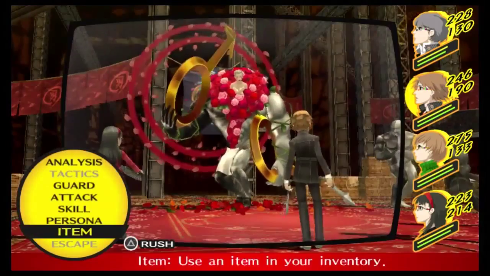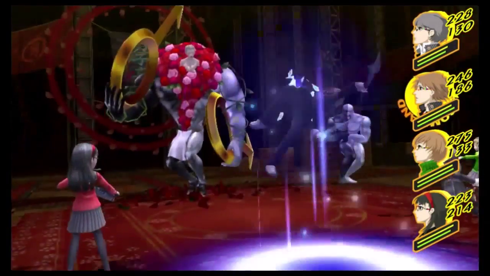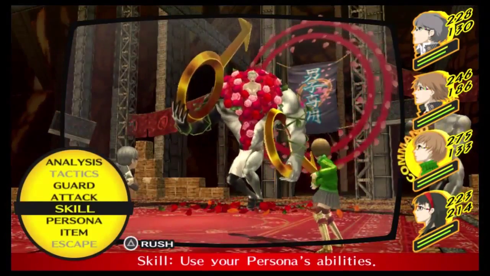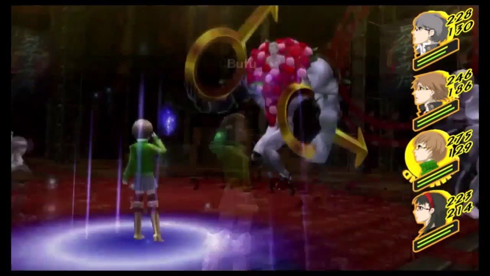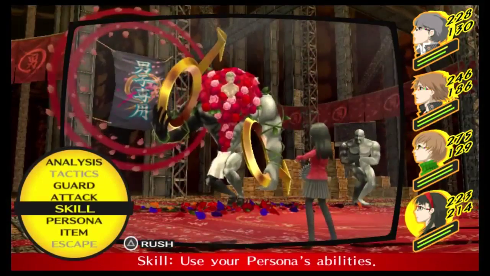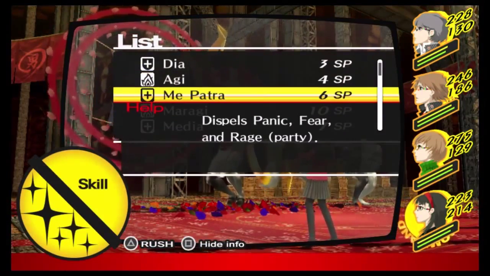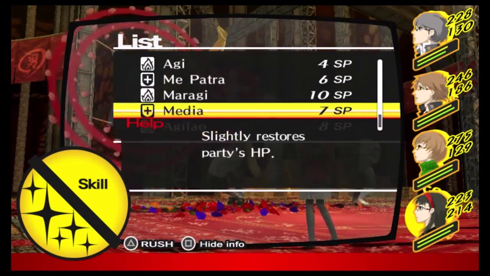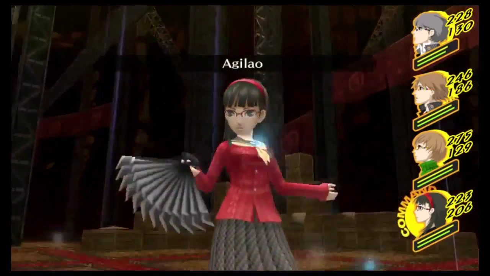So yeah, it's actually kind of a clever boss fight, because it gets your brain whirring and makes you think, okay, I've got to get those two out, but I've also got to cause damage to Shadow Kanji pretty much straight from the off. So it does force you to think, okay, what do I do here? Do I...